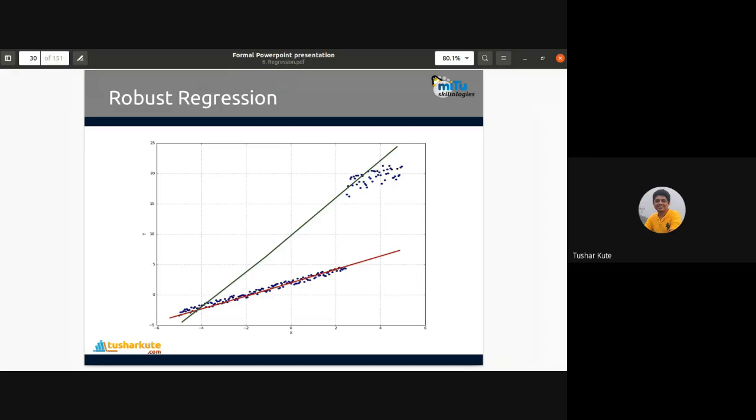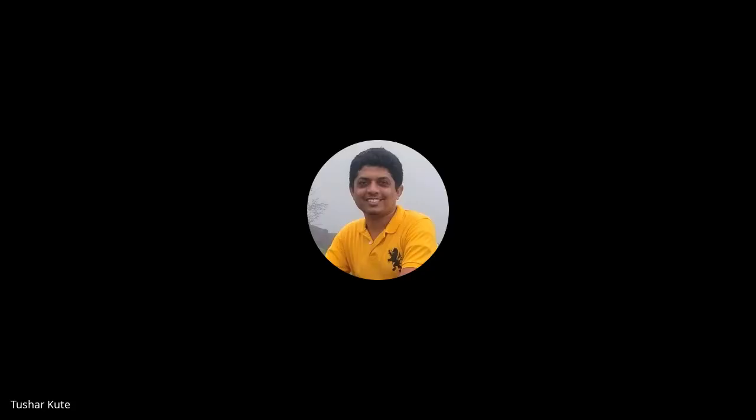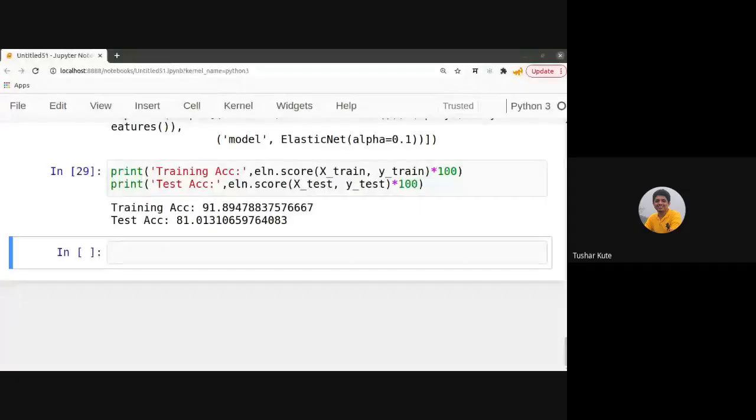The outliers, the elements which are away from the crowd, are considered and deleted from the data, and the remaining data, which does not contain outliers, is considered for finally creating the model. I'll use similar data here, the data which was used in the ridge regression also, and we will see that. So just a minute.